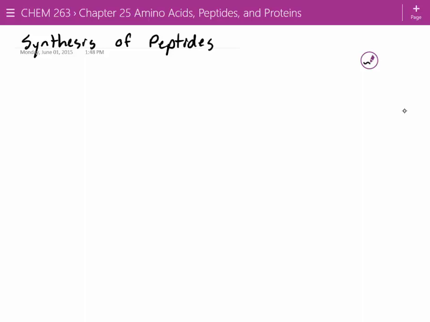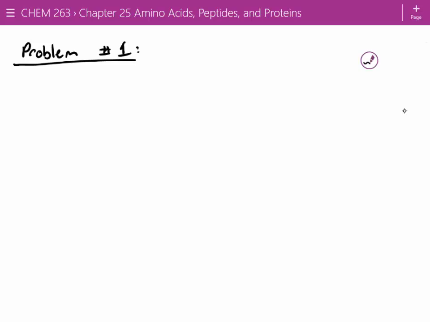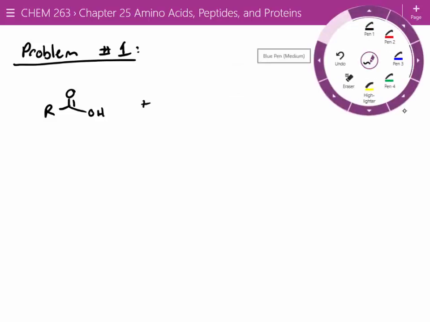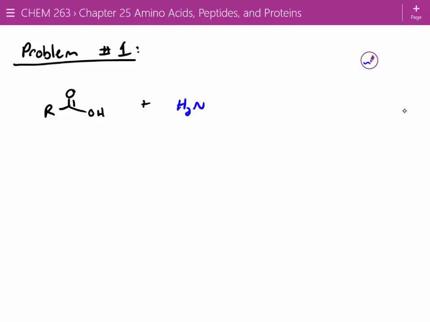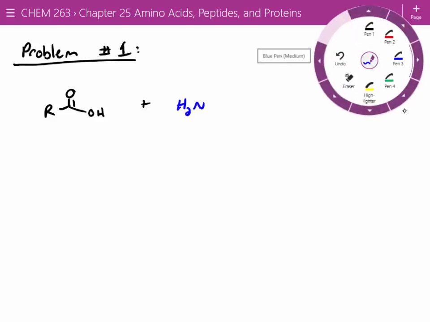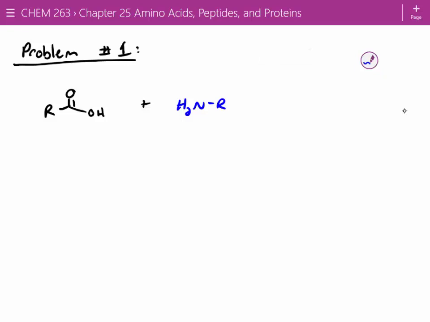The idea of synthesizing peptides has been around as long as human beings have known about peptides. The problem is the logistics of doing it are not easy. So I'm going to come up with a list of problems. Problem number 1. All right, problem number 1 is if we take a carboxylic acid end of an amino acid and we try to react this with the amine end of another amino acid,